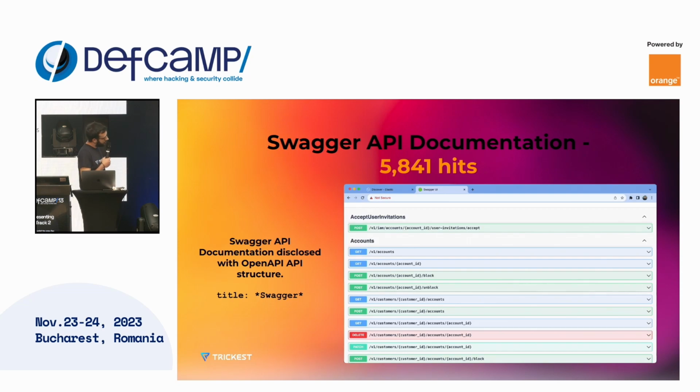For Swagger, it's also a common case with nearly 6,000 hits. So open full API documentation, which you can execute, and I actually saw a lot of them without authentication. It looks like developers create APIs and their architecture of the API without thinking about the actual authentication. So you can just go to the API endpoint, click try, then you execute a request and get, in this case, all of the accounts of this API endpoint.